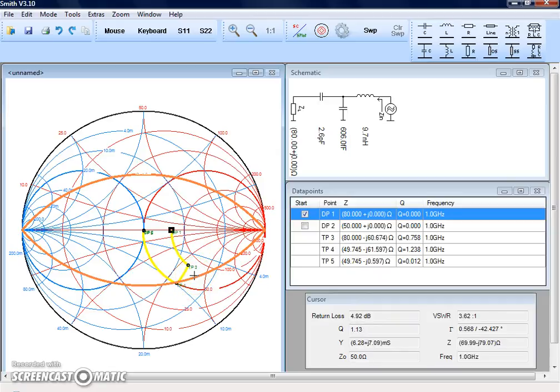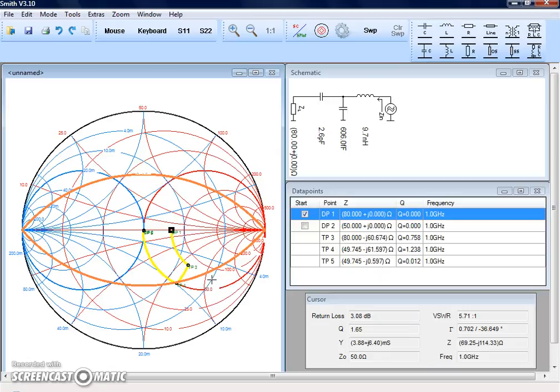contour line of the nodal quality factor, so that in fact at point 4 we are seeing here a nodal quality factor of 1.2. In test point 5, in fact, we can also notice that the input impedance seen at this point is in fact approximately equal to 50 ohms. So, with this in hand, we can simulate the response of the network so that we see if our design